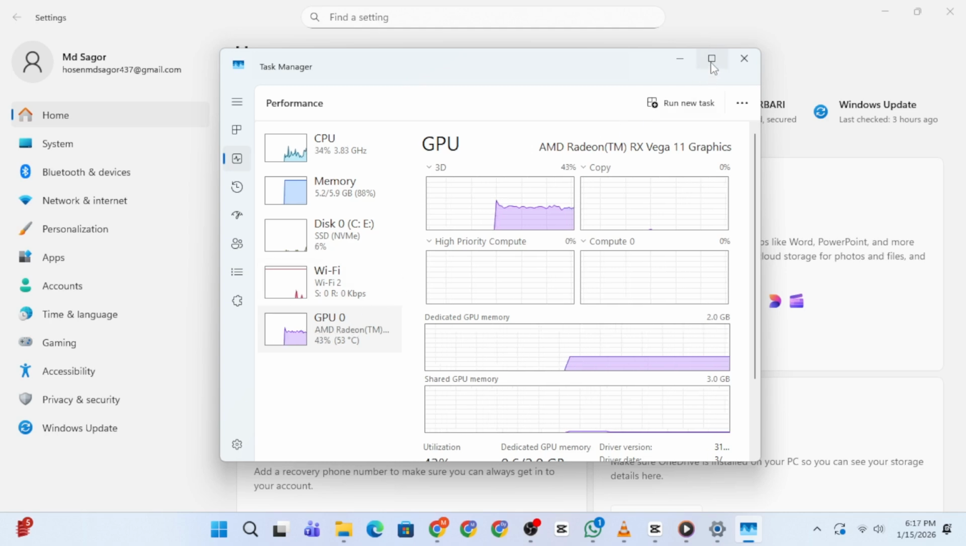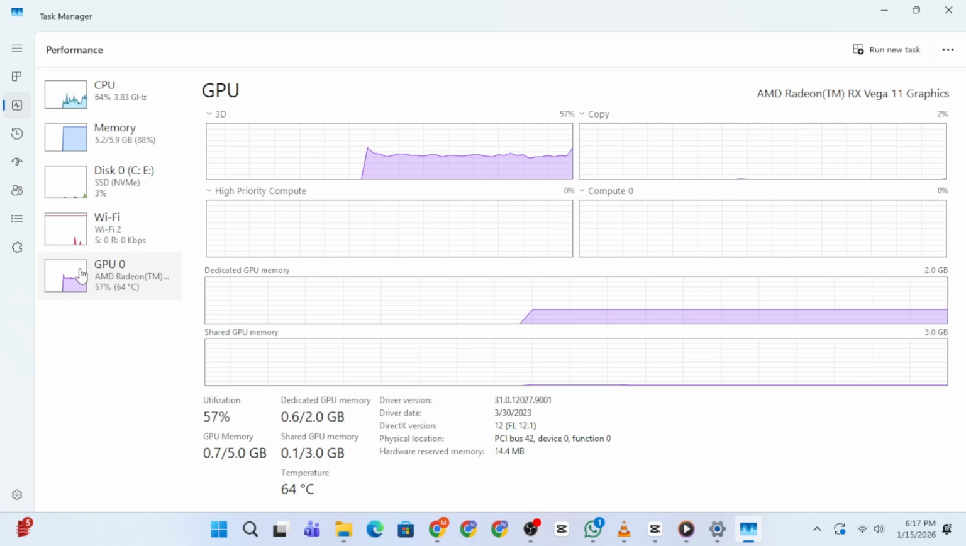On the right side of the window, you'll now see detailed information about your graphics card. This includes the GPU name and model, usage percentage, dedicated and shared GPU memory, and other performance-related details. This information is especially useful if you're troubleshooting performance issues or checking whether your system meets the requirements for games